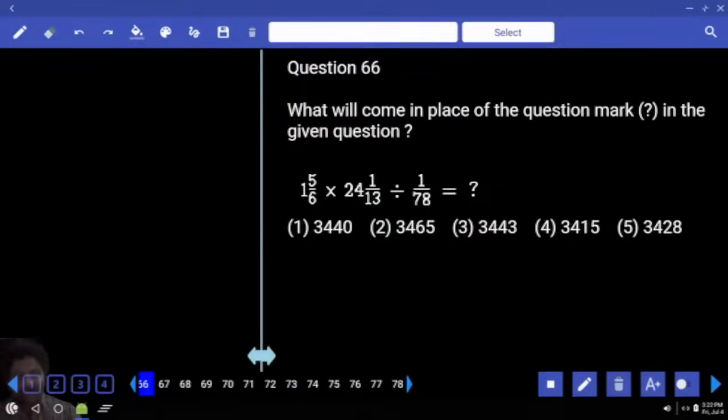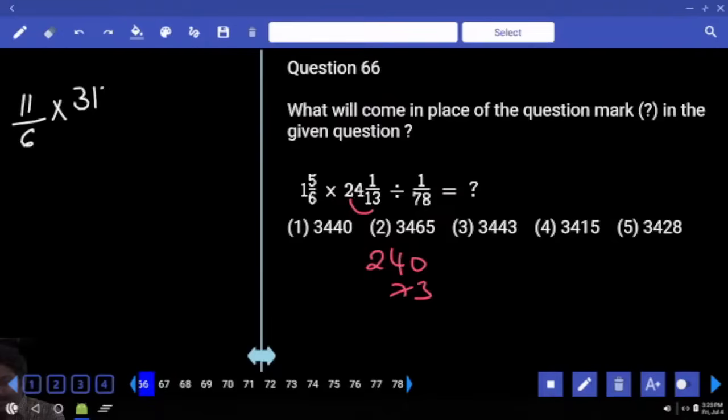Right. 15 by 6, convert it. 11 by 6: 6 into 24, 13 times. 24 times 10 is 240, 24 times 3 is 72, plus 1, 73. Total value 313 divided by 13. 6 into 13, 78 gets cancelled. Answer ends with,